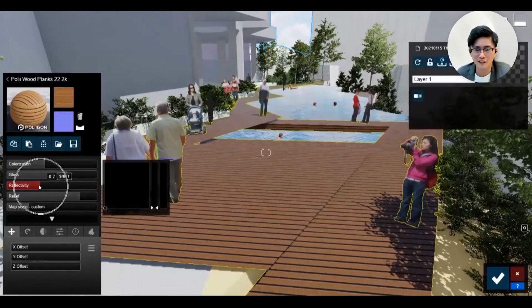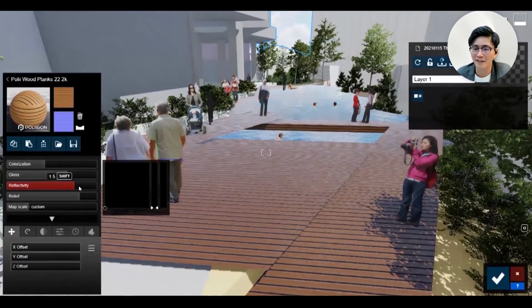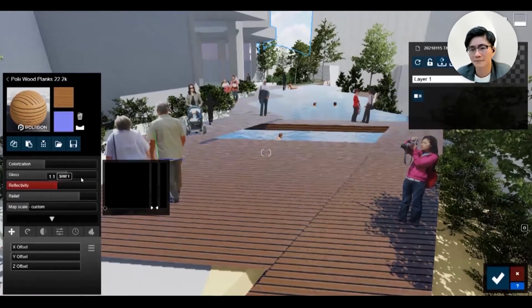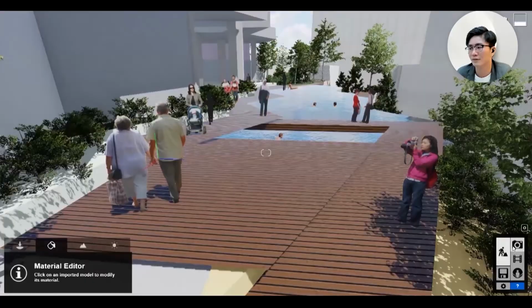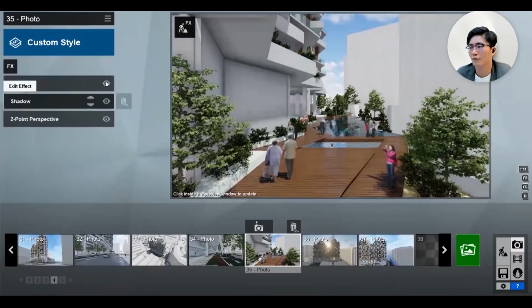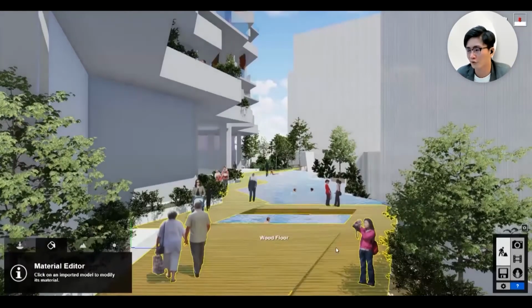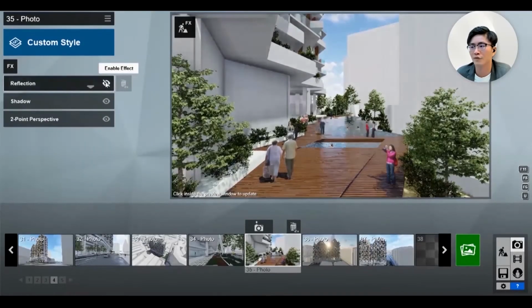Because it's so low in reflectivity, if I tilt it higher, then we see the difference. So before it's like this, after it's like this. If you still want to see a bigger difference, this is before, this is after.